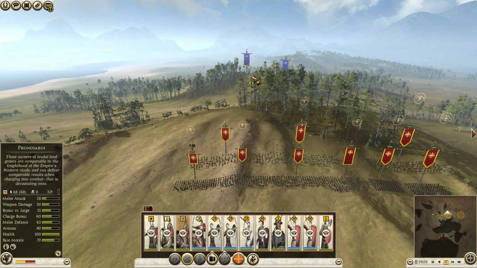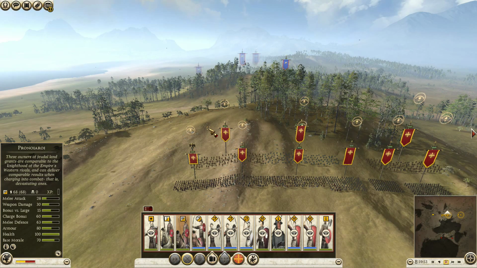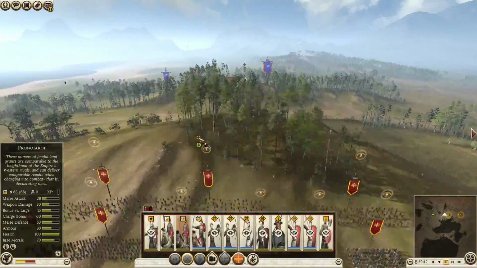Alright. The battle timer shows how much time is left before the battle. Thank you, sir. Okay, so we're going to move forward. We are victorious and live. I will sacrifice to Zeus and Ares for their Yes, you will probably not sacrifice to Zeus and Ares, considering you're Christian, but...